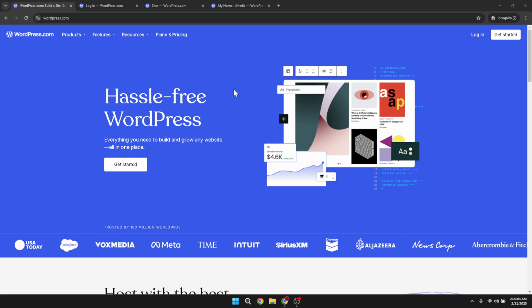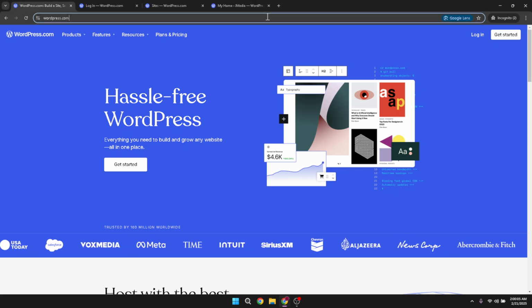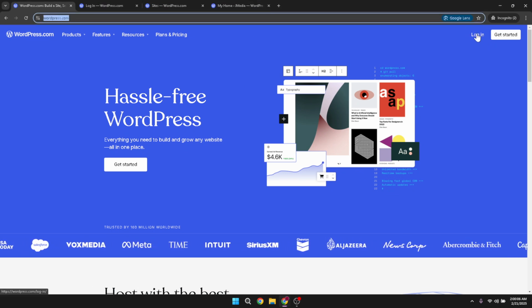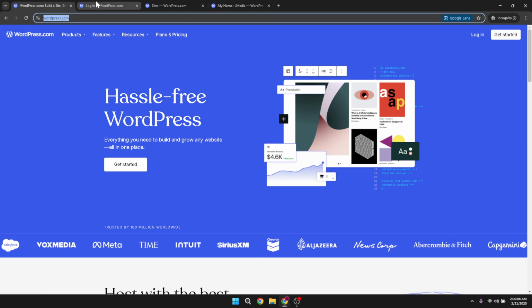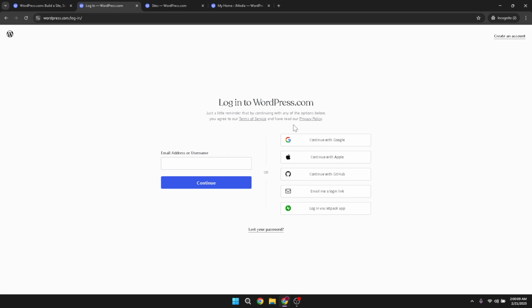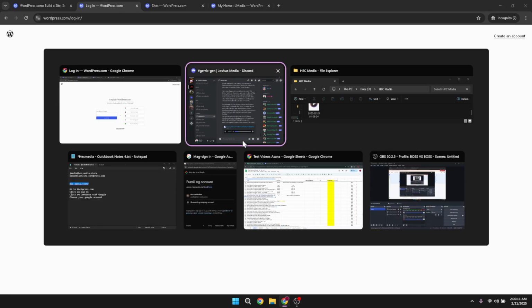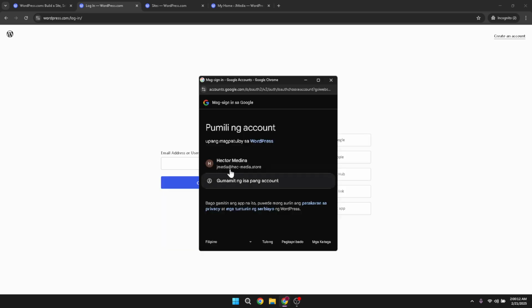Once you're on the homepage, you'll notice the login option at the top right corner. Go ahead and click that. Now, to make things even more convenient, click on Continue with Google. This allows you to use your existing Google account to streamline the sign-in process. After that, you'll be prompted to choose the Google account you want to use. This is a great way to keep things simple and all under one account if you're already using Google's suite